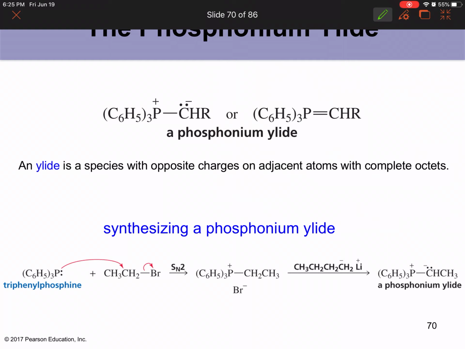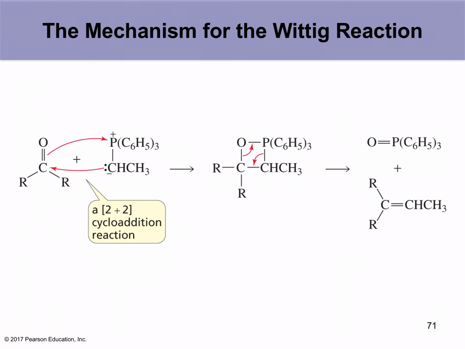Okay, a phosphonium ylide. When you are choosing which phosphonium ylide you want, you can choose the alkyl halide that you want the phosphonium ylide to form. It doesn't have to be ethyl bromide, it could be a different halide also, and that will end up being on the carbon in the ylide. Okay. So once the ylide is formed, then this is going to react with your carbonyl compound in this